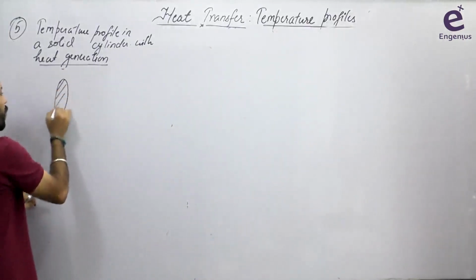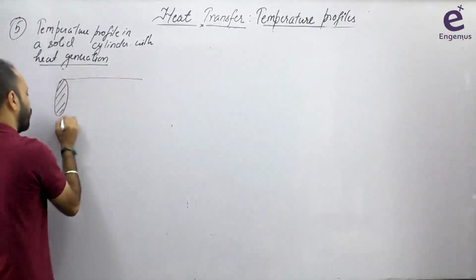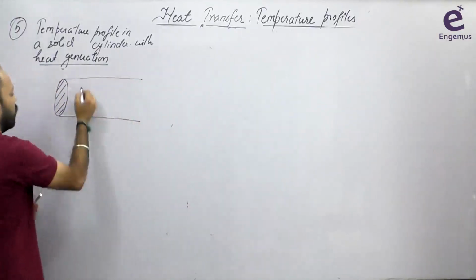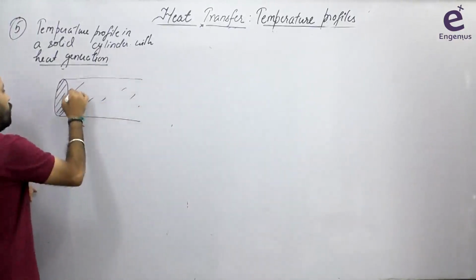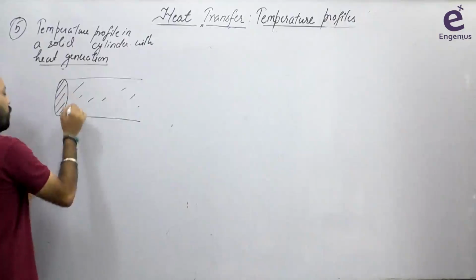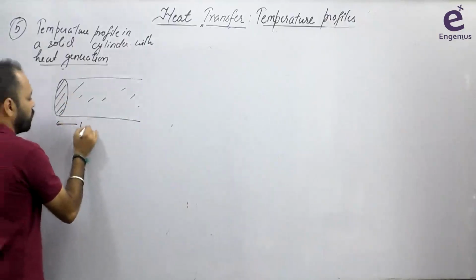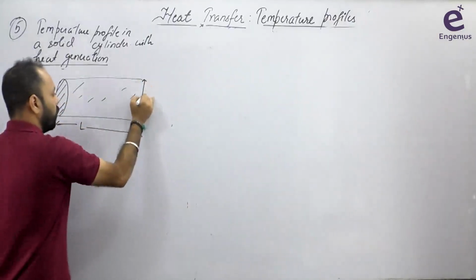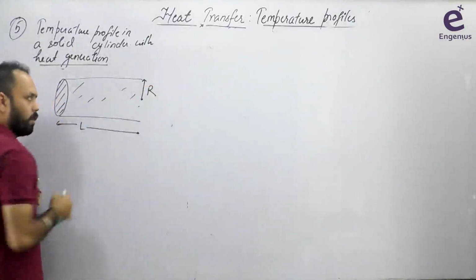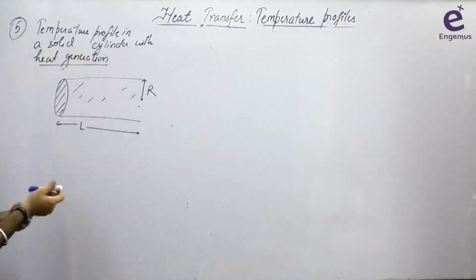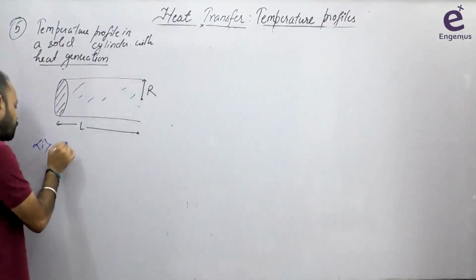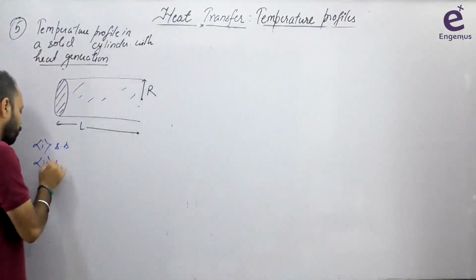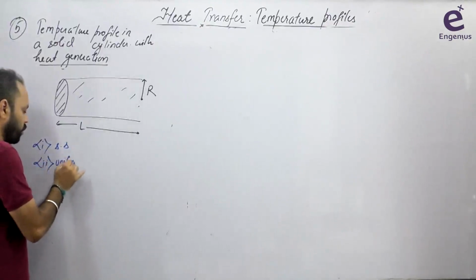Current carrying wire, right? You can calculate that in a current carrying wire how much heat is being generated, right? This is a solid cylinder, fine. In this cylinder, the radius is R, fine. The diameter, the length is L, the radius is R, correct? ये चीजें हैं, and there is a uniform source of heat generation. So what are the assumptions? Steady state, अब मैं short में लिख रहा हूँ, uniform volumetric rate of heat generation,